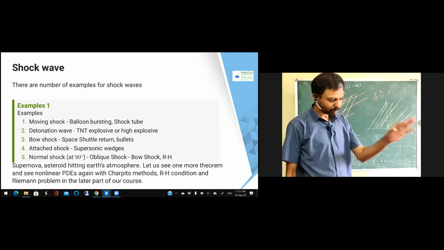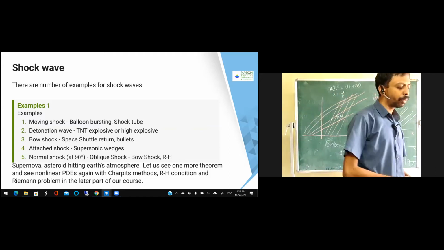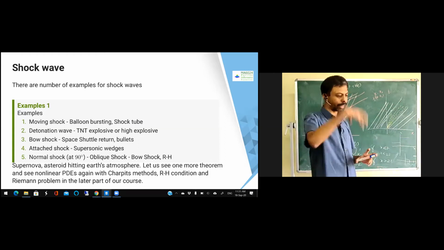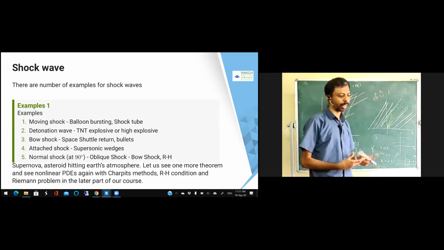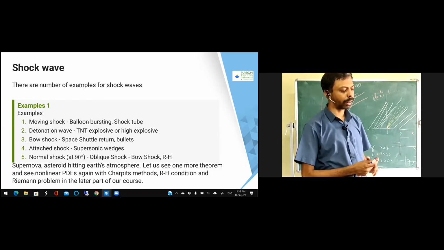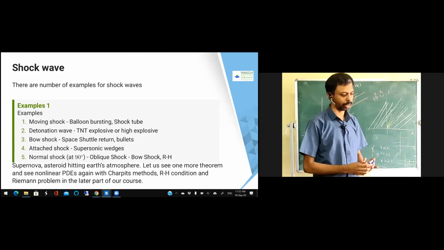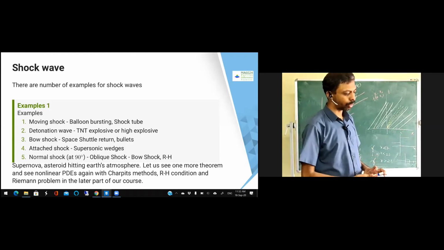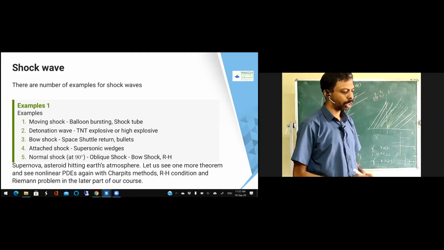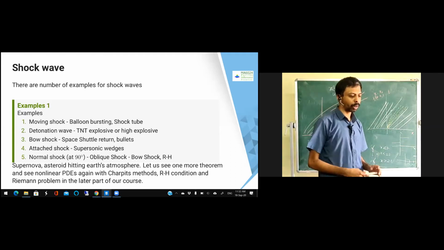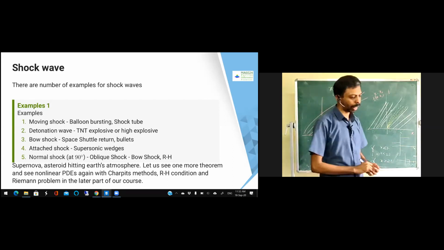Okay. So depending on the types of shock wave, there are different things like that. Even if you see a supernova or asteroids hitting the Earth's atmosphere, almost the same thing is happening. That is the reason they catch fire, and then they burst. So that is what happens in the Earth's atmosphere when an asteroid hits it. So how to solve this problem? Okay, those things we didn't say here. That we will see later.